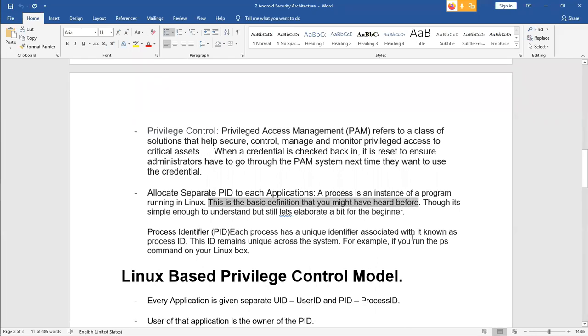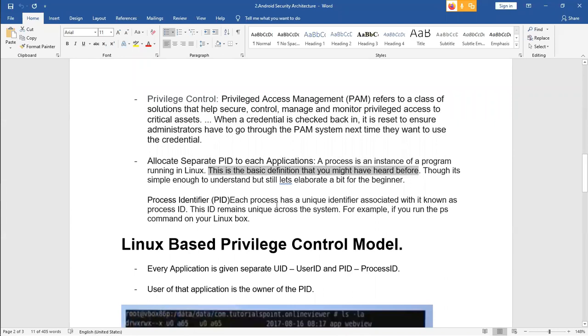See this one. Process identifier, PID. Each and every application has a unique identification associated with it, known as the process ID. This ID remains unique. For example, you can see